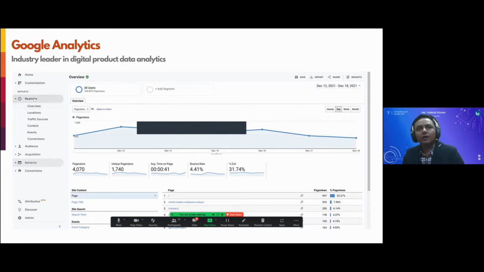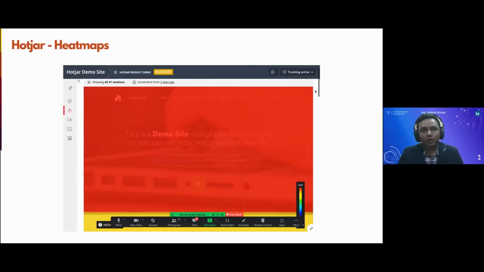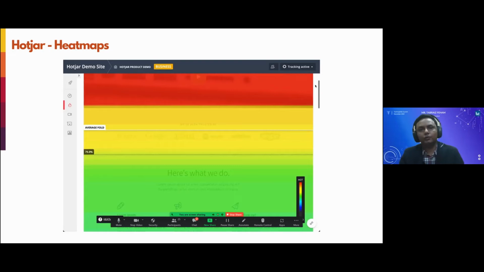The next is a tool named Hotjar. I've been using this tool in a number of ways. First way that I really like to actually use it is that it generates very intuitive heat maps. So if you have launched a digital product, by incorporating this Hotjar script into your platform or mobile app or SaaS-based application,